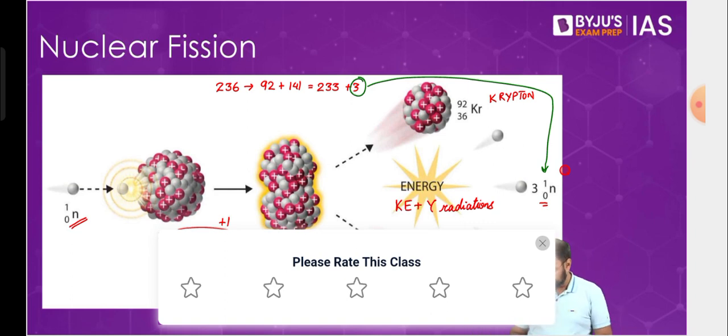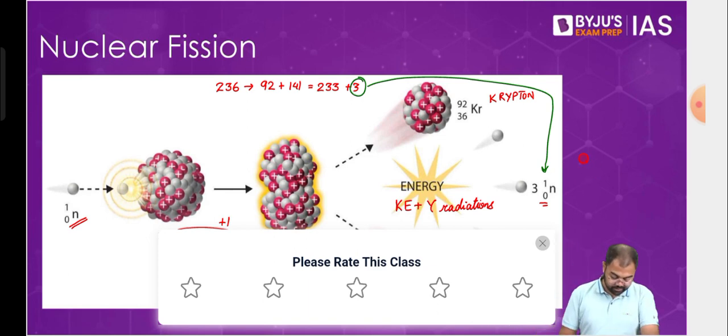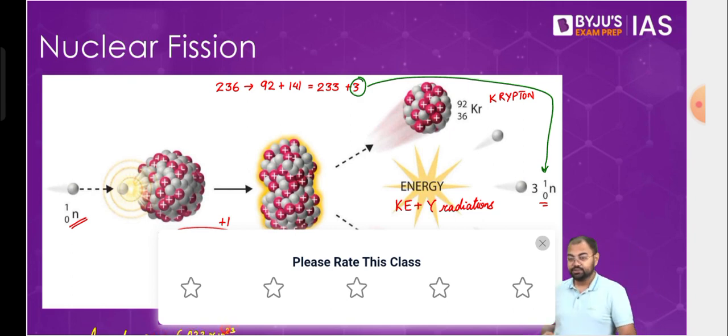Avogadro number, right? So there is something called Avogadro number, and yes, Chaitanya, you have laid it down perfectly. Avogadro number is, I'm going back to class 10th chemistry basically, 6.022 into 10 to the power of 23. So now when we are looking at 1 gram of uranium-235, you can divide this number by 235, and the number will be approximately 10 to the power of 21.